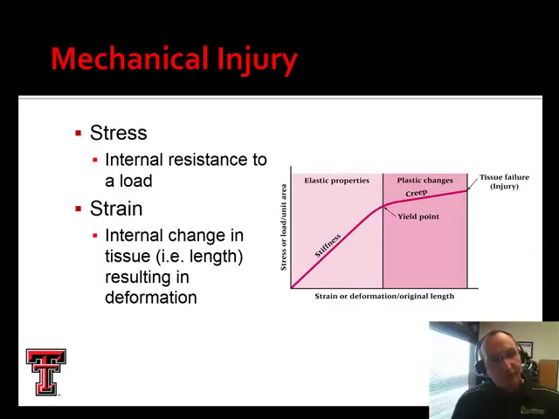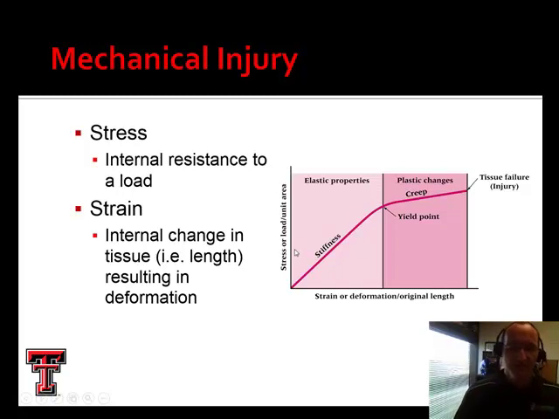Now, when we talk about stress, we're not talking about stress like, oh, I've got a lot of exams, I'm stressed out. Here we're talking about that tissue's ability to resist load. Okay, so what we see here in this stiffness curve is that stress is exerted on tissue. Okay, and as the stress goes up, the stiffness or the tissue's ability to withstand that stress is kind of put to the test, and eventually that tissue will begin to fail, and that's what we call a yield point. Okay, and this is where that tissue starts deforming or it otherwise starts to fail,